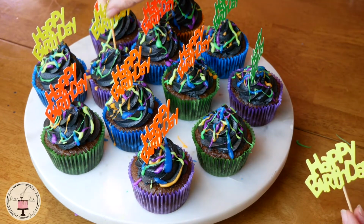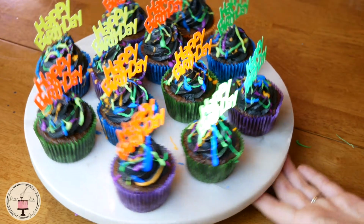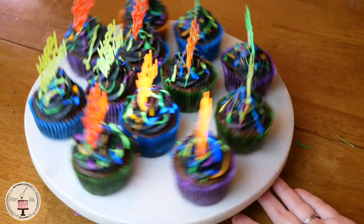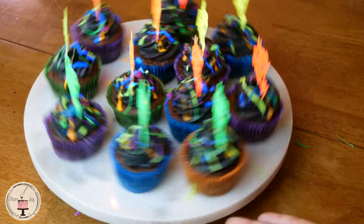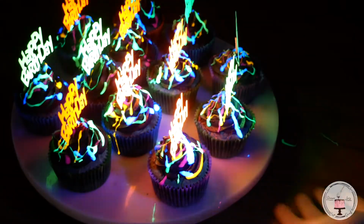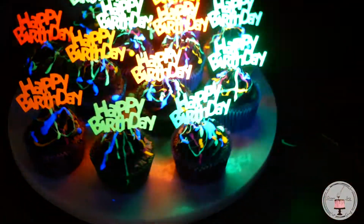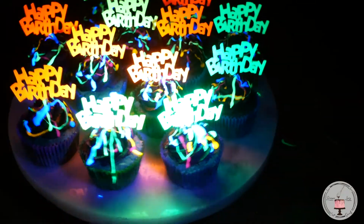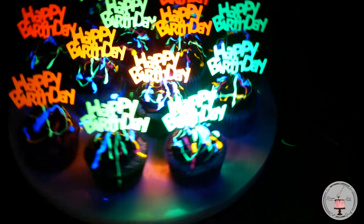But you will need a black light to make it reactive. I mean, they're really cool, as you can see, by themselves. But if you want to get that glowing effect, you will need a black light. So again, these are perfect for party places where it's darker, like skating, or glow-in-the-dark bounce nights, or even a bowling night that has the glow-in-the-dark. That would be great. Or wherever you're going, just get a black light off of Amazon,